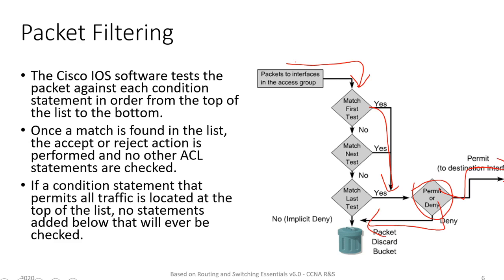So what we would have is, if a statement early on has a match and it is a permit, we would normally allow it at that point. So if you want to deny something, the deny statement should be available early on. We will have the allow statements later. Deny statements should be early on in this type of packet filtering.